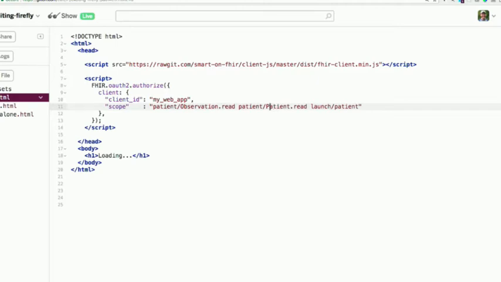Now, there are other parameters you can put here too, like the redirect URL where the server should connect back to your app, but those also have intelligent defaults. And so if you're going along the happy path, then you don't have to put any additional information here. So this is going to redirect back to the EHR, which will then potentially have the user log in,